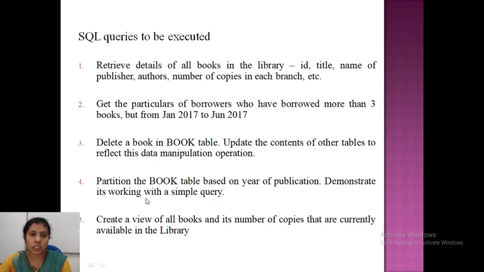Here actually you need to create a partition, but the partition concept will not work most of the time. So I'll just create a view and show how you can create a partition using a view. Then the last one is also related to view. We need to create a view of all books and the number of copies that are currently available in the library. So these two we'll see now.